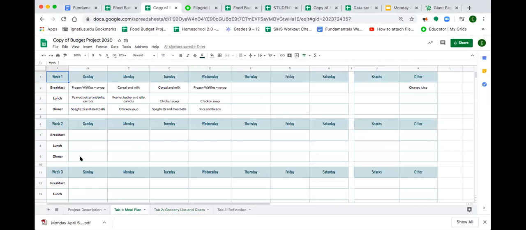Jamari, on tab 1, you get to pick whatever you want to eat. For me, I was just doing a sample. I said I'm going to eat frozen waffles and I put syrup on them. I'm going to eat cereal with milk. You're going to eat whatever it is that you want to eat for breakfast, lunch, and dinner for all 4 weeks. So you're going to have this filled in. I could even show you